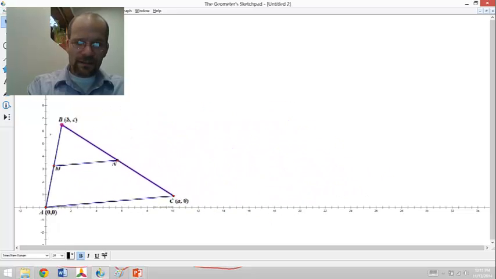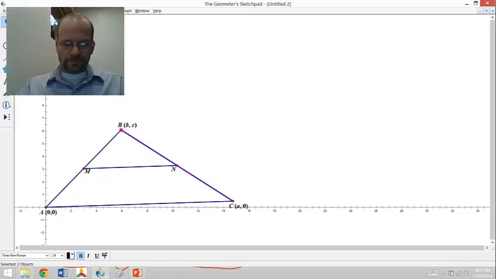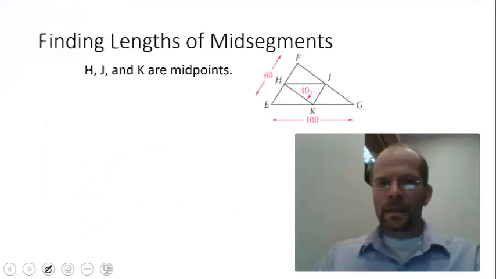You can see that there as well. So, a little bit of perspective on that. Let's look at a couple problems and see what we can do with this. Here's a diagram, triangle EFG,